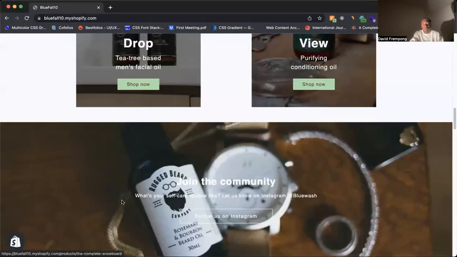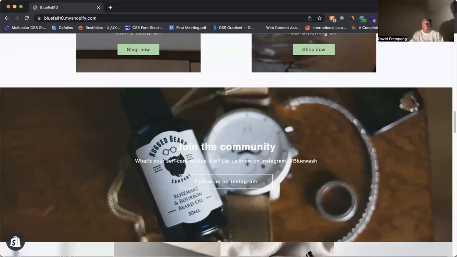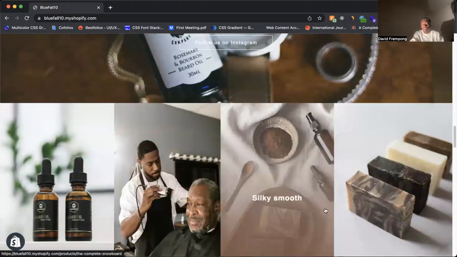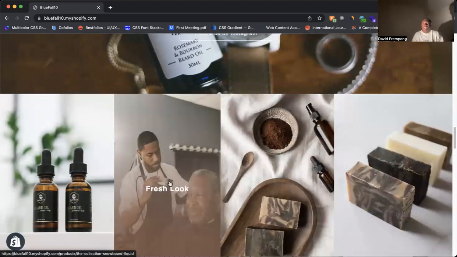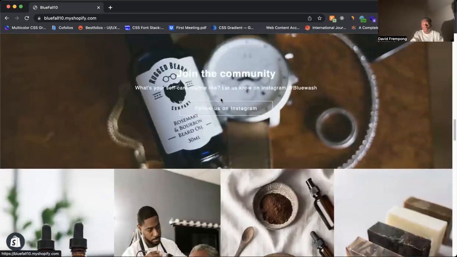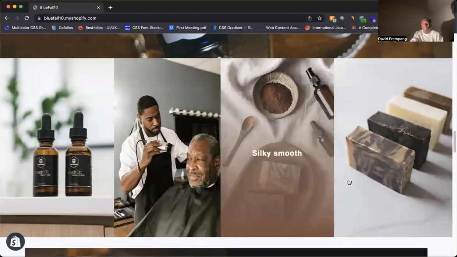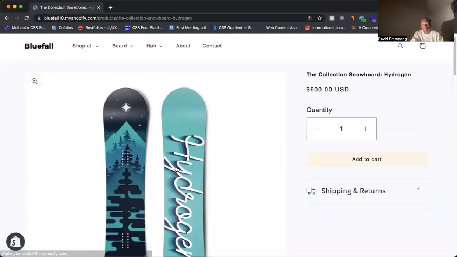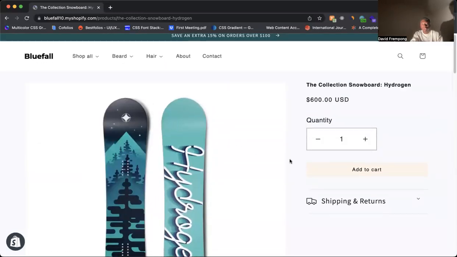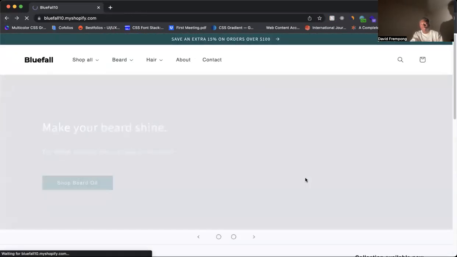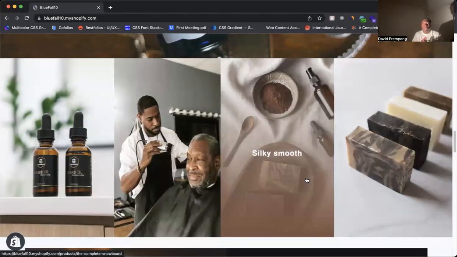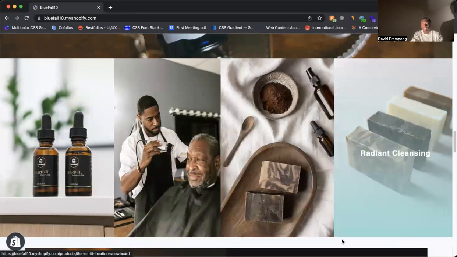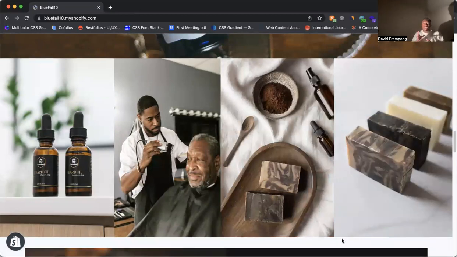If it was just maybe one static image here with one link, yeah, the customer might click on it, but now by giving them 4 different images, now there's a higher chance. 4 is higher than 1. So now there's a higher chance of them clicking on one of these to take them to a product for them to learn more. Now, in this case, this is just a test store, so it shows the snowboards, but ideally you'd want this to show your product